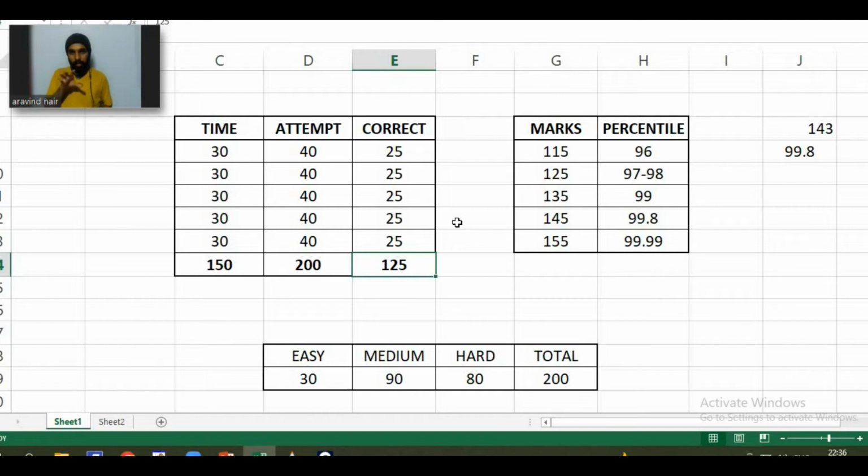Obviously, among those 75 questions, some of them will be calculated guesses. 125 is the correct answers that I'm guaranteeing myself. Out of 75 questions, there will be some which would be a guess, but a calculated guess, where I'm not sure, but I can be like 60% sure about the answers. And the remaining questions might be pure guesswork. So I have questions which are going to be guesswork, but I'm going to attempt them. So I can at least convince myself that I can secure 10 to 12 marks in that.